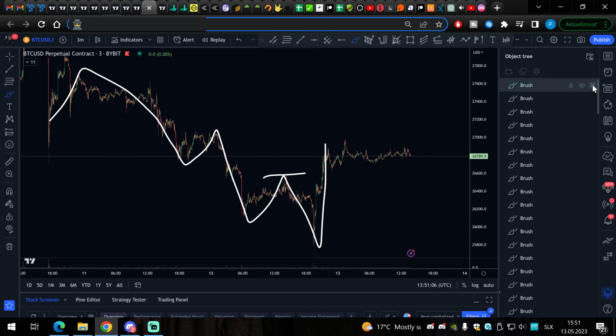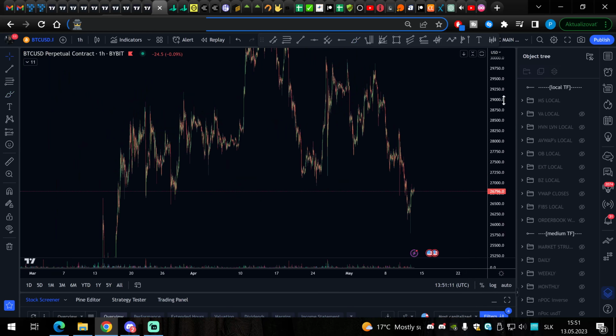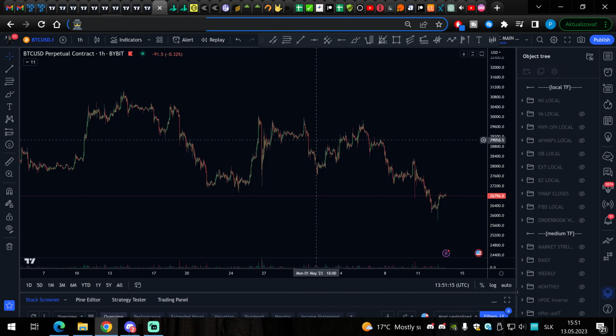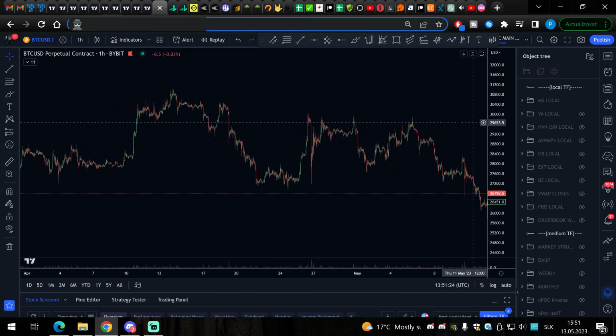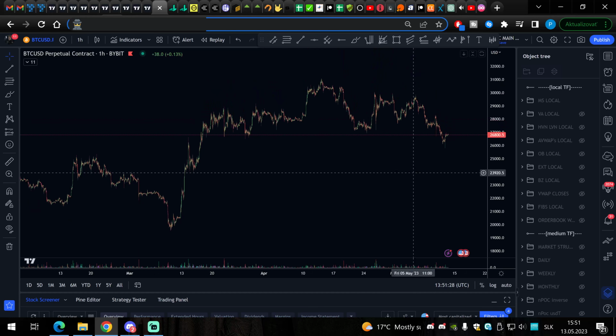Now while I'm on this smaller time frame, let's go to a higher time frame. The 1 hour time frame, for example, is great for me. I usually use it. I was showing you on the 3-minute time frame this local uptrend here, and then this local downtrend here. But you can also zoom out on the 1 hour time frame, and you are seeing, because you never want to be in conflict with the other time frame traders,